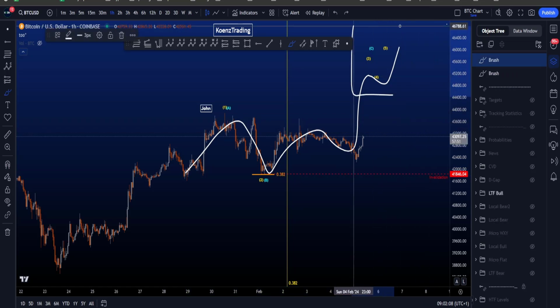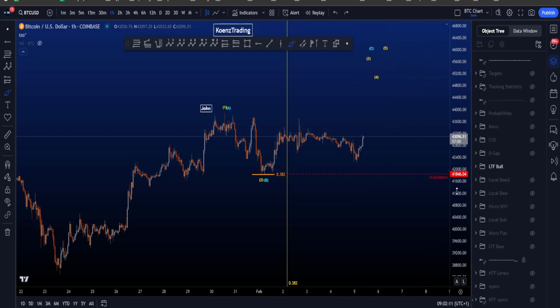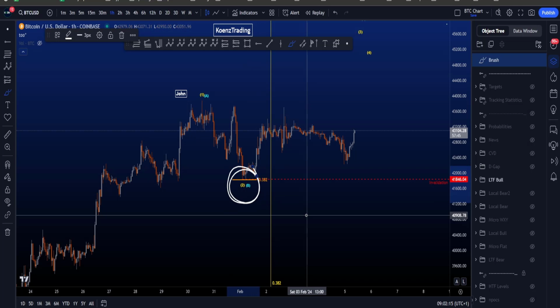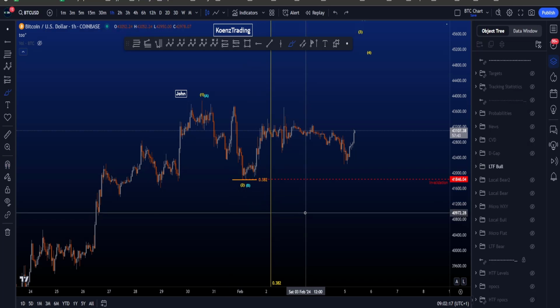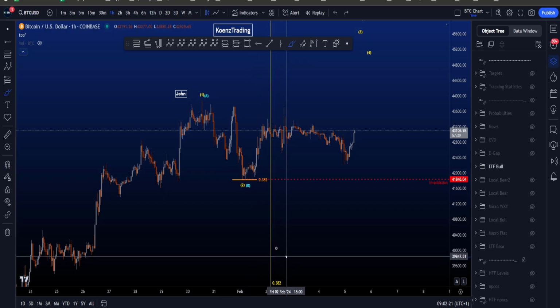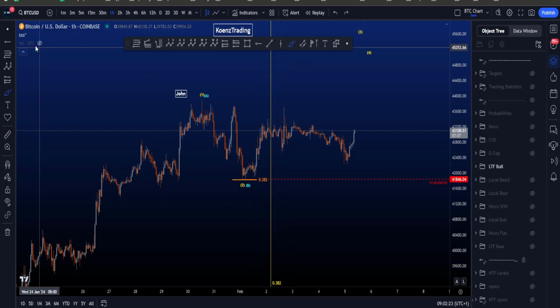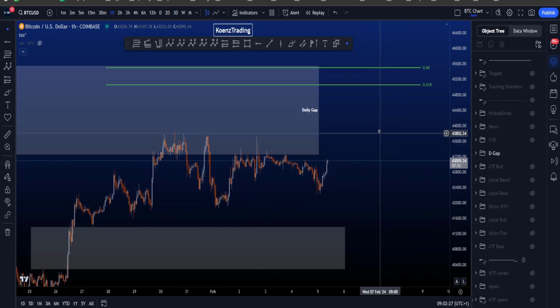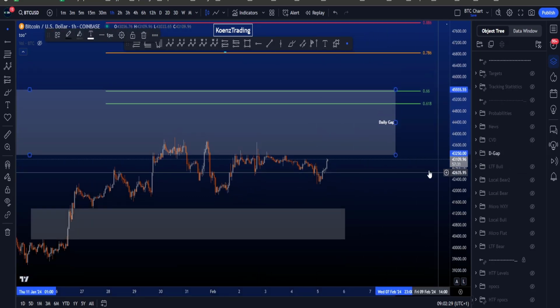That all depends on the reaction we get as price moves up. The invalidation for this scenario is price moving below these lows over here at 41.8k, and as mentioned, the low over here did not hit the 0.382 and is also made before the 0.382 fib time. Does lower the probabilities a little bit, but nonetheless, what we have to keep in mind is that yes, we